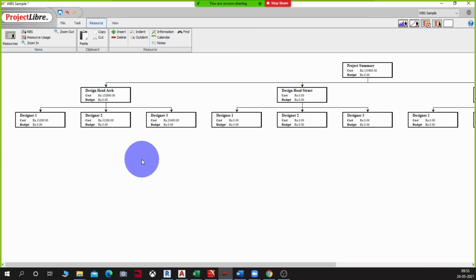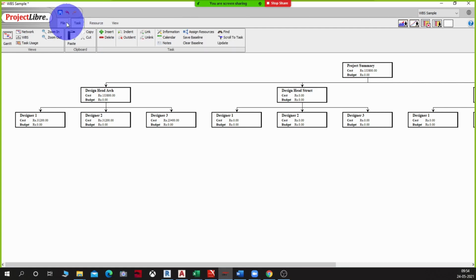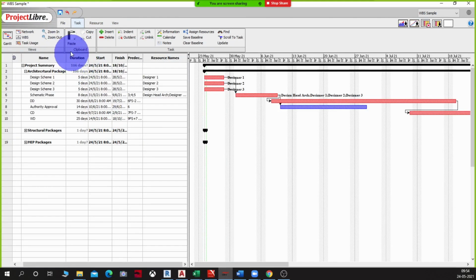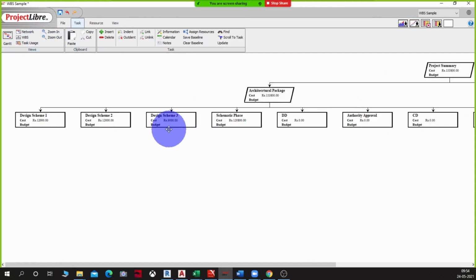This is something which the project manager or the design head will have to continuously keep looking at to ensure that they are not crossing or overstepping the budget that they have in place for that particular work. I might internally get 2 more designers to work on this project, but I have to ensure that I don't cross this amount. Get it? Now we have a problem here. Even though we are able to see some values in the WBS, we are not able to see the budget.